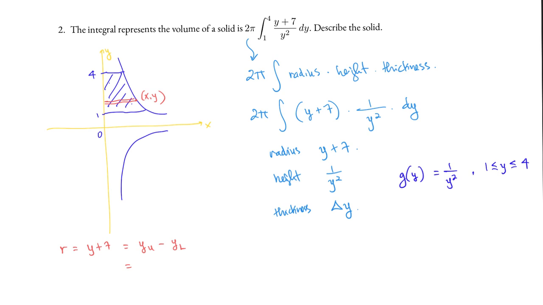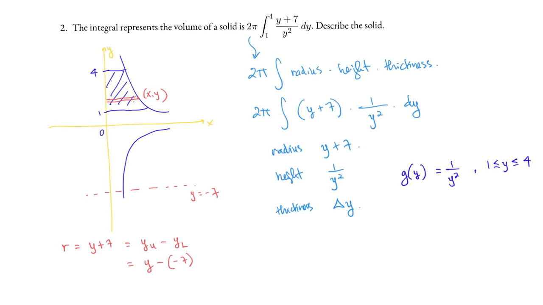We can take the upper to be y and therefore the lower to be minus 7. Thus, the axis of rotation is the line y equals minus 7. From this axis of rotation to the point x, y, this distance is y minus negative 7,